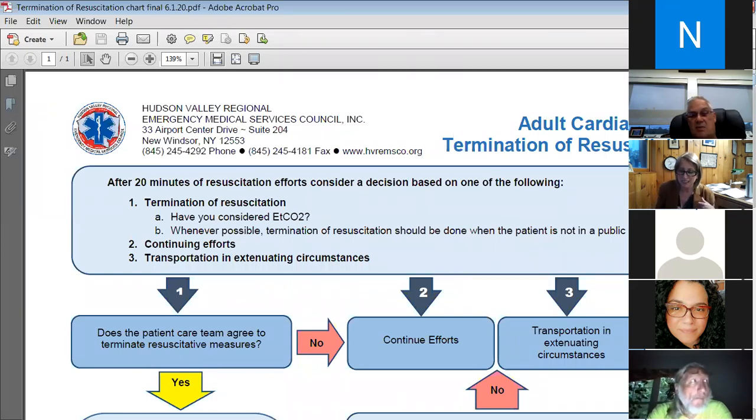So they're not using that one anymore. Okay, so any questions on the adult cardiac arrest, termination, or resuscitation? Okay. Any questions on anything before we get into our actual presentations for the night? Okay, so one thing I just wanted to talk about